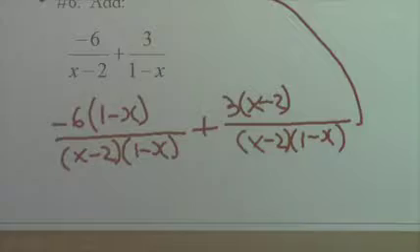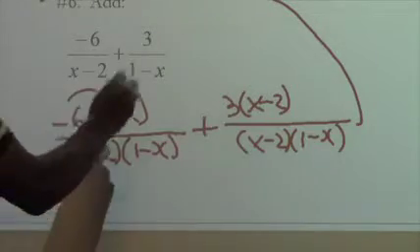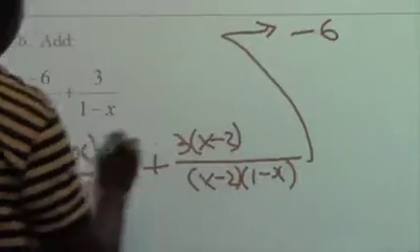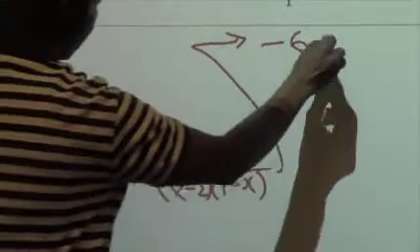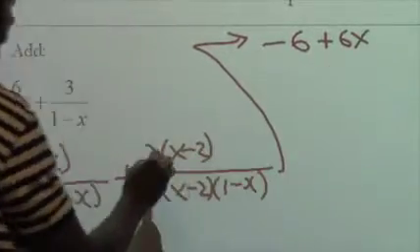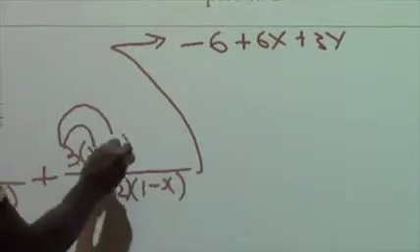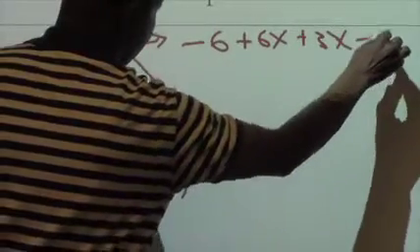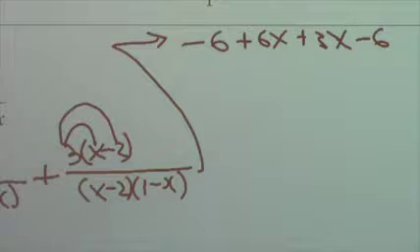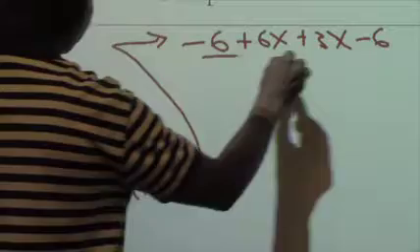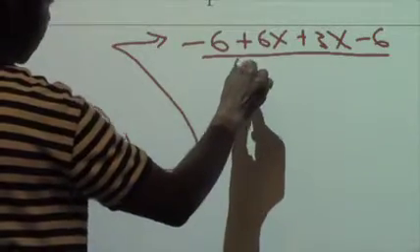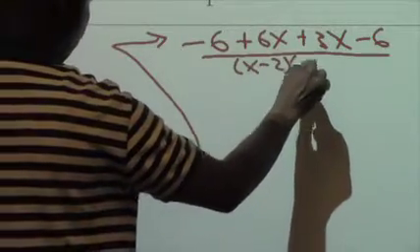So we're going to go over there. Negative 6 times 1, that will give me negative 6. Negative 6 times x, that will give me positive 6x. 3 times x, that will give me 3x. 3 times negative 2 will give me negative 6. Okay? And then I just write my numerator, which is my denominator, which is x minus 2 over 1 minus